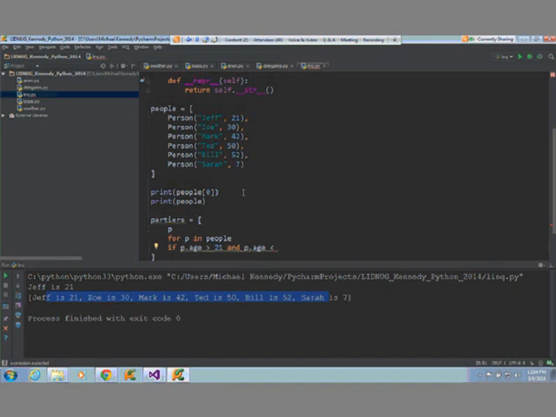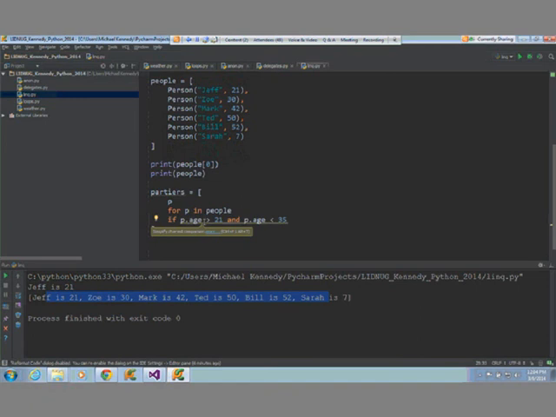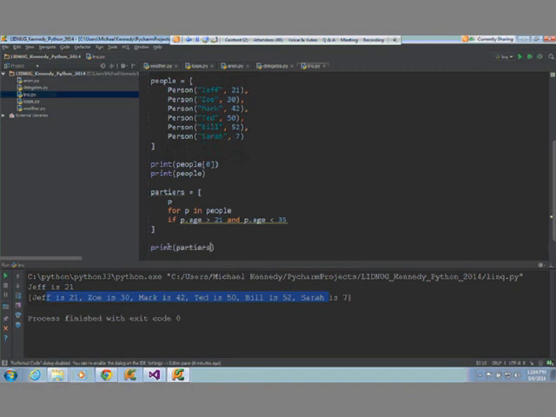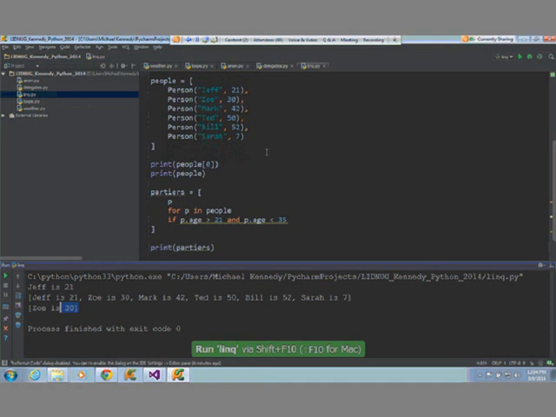It's 35. Okay. That's right. So let me just go over here and say print partiers. Zoe 30. Let me add somebody else. Oh, of course, equals. Right, so we get Jeff and Zoe.